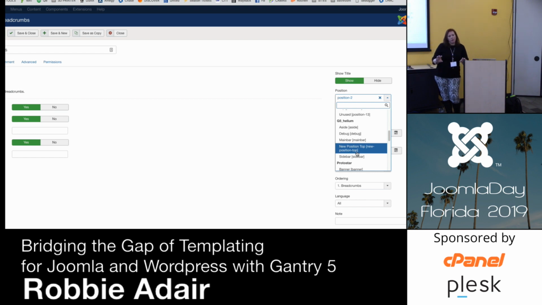But then let's say I want it to show up somewhere different down here. I could make a new module position, but then I'd have to copy my module and have one assigned to this position, one assigned to this position, right? But if I do a module instance, I could actually drop one here and drop one here. It's the same module. I didn't have to have a duplicate, which anytime you can avoid duplication.